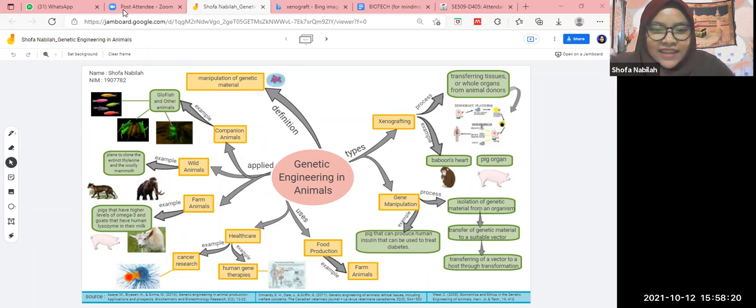The genetic engineering in animals, the successful experiments are, for example, goldfish and other animals that glow in the dark. And from animals, pigs that have a higher level of omega-3 and goats that have human lysozyme in their milk. And what is not successful is xenografting, because xenografting is about